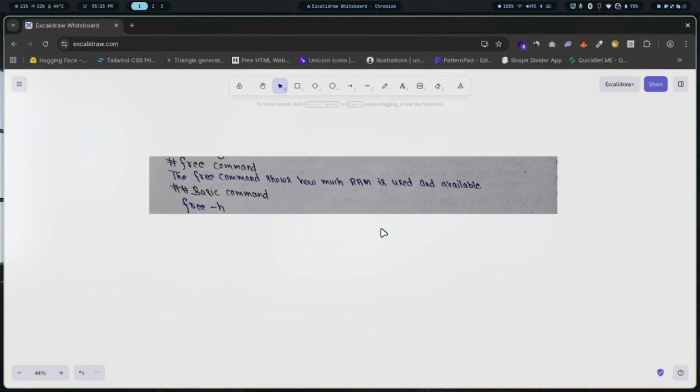In this video, we are going to learn the free command. This will be a very short video. The free command shows how much RAM is used and available in your computer. So basically, it tells what the usage of your RAM is in your computer. If you want to know the usage of your RAM in your computer, you just need to type